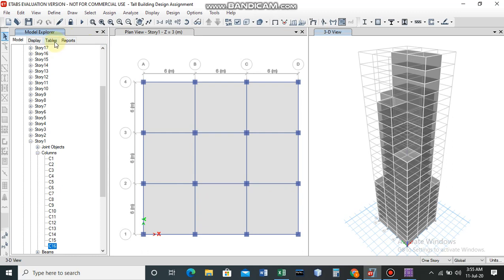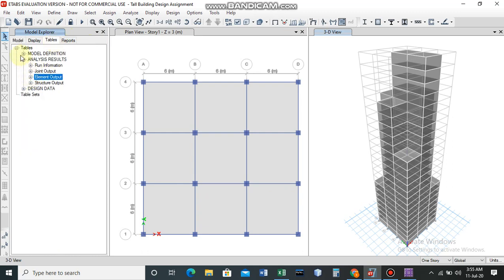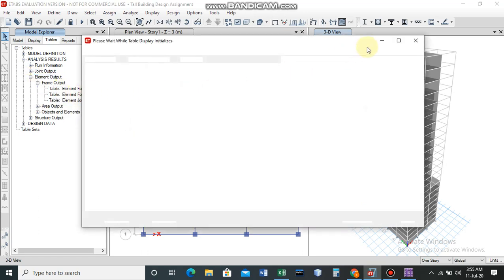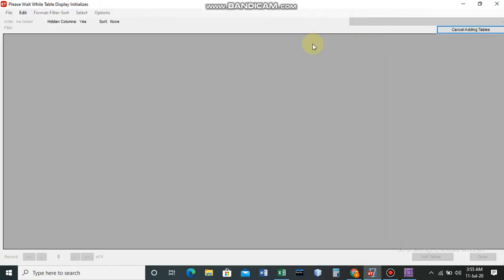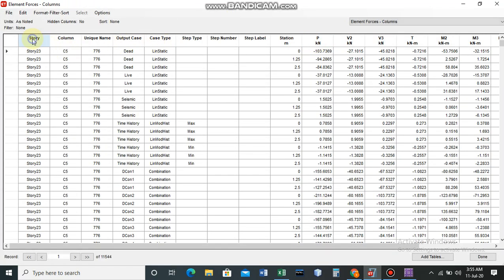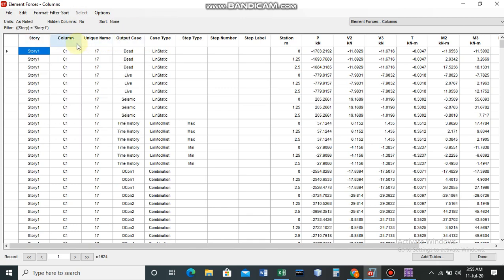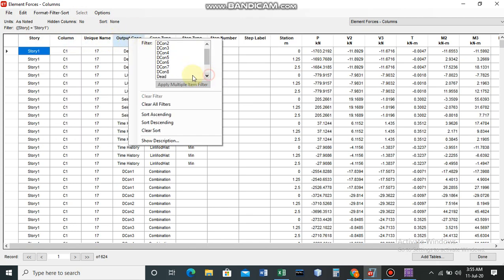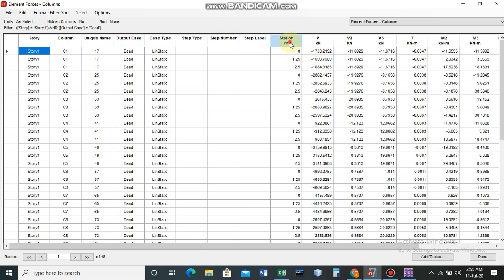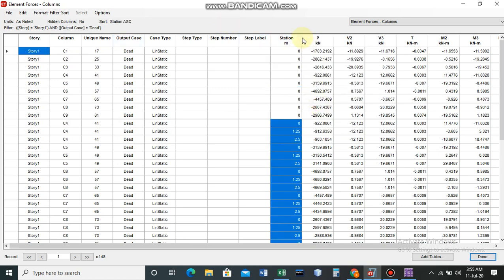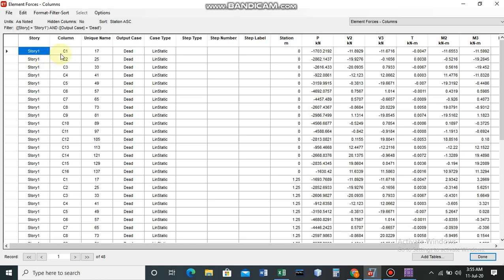Then in the tables tab, under analysis results, expand element output, expand frame output. Click on the table. Here for story 1 and only for the dead load case, and for station as 0 meter, we can see the 16 columns from C1 to C16, the dead load and their values at station of 0 meter.